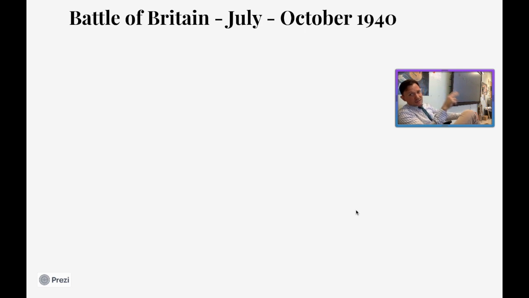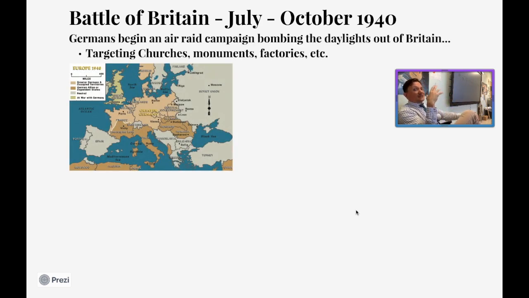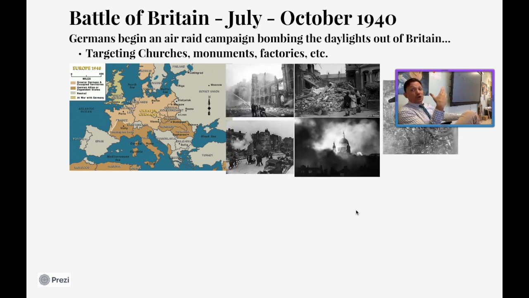And it was during this time period that Winston Churchill refused to allow the British people to surrender, right? He said, we will not surrender. We will stay calm in the face of all of these bombings, because the nature of the Battle of Britain is a massive German air raid campaign that went against the British, trying to cripple them psychologically using those blitzkrieg tactics.